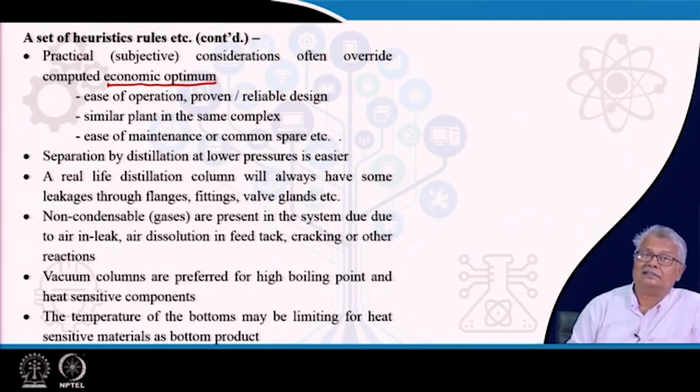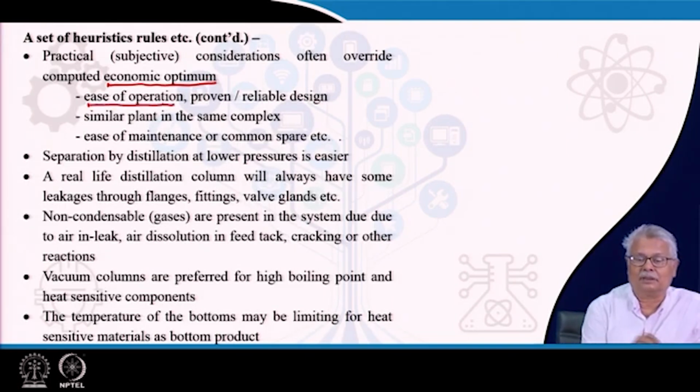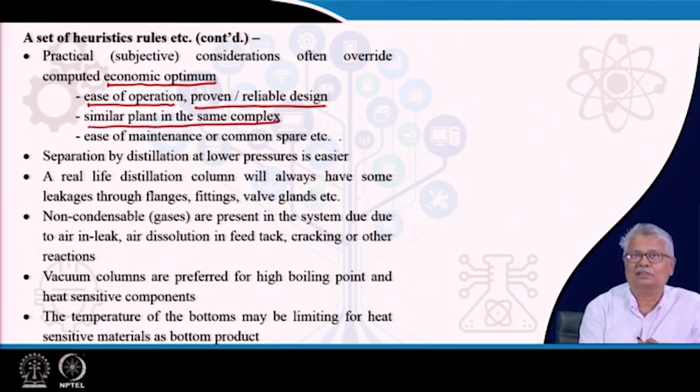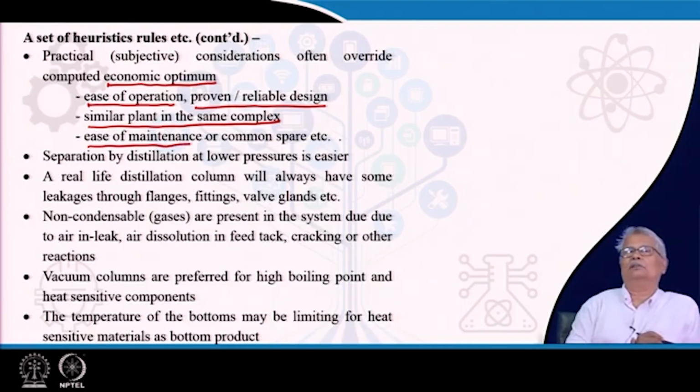Such cases are based on subjective considerations, which may include ease of operation, proven technology and reliable design. Similar plants existing in the same complex, so you do not have to train your manpower again on a new plant. The ease of maintenance, which you normally find whenever you are choosing a particular technology, you contact its users,